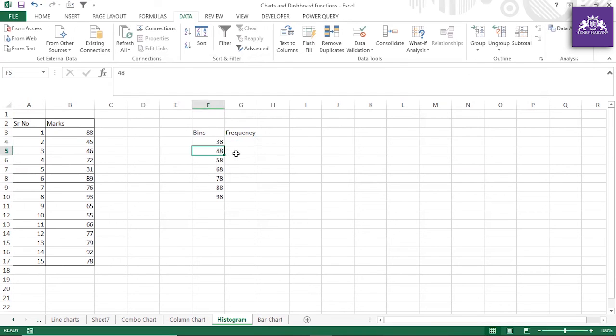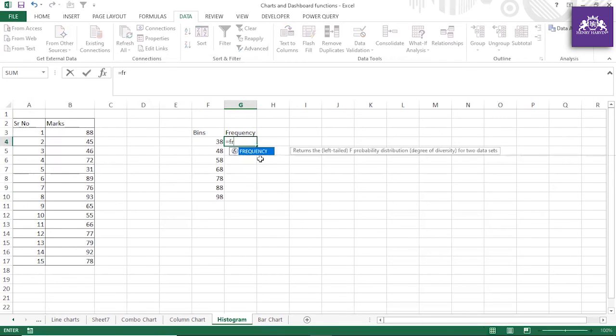This is actually called 48 to 57, and now you can see the difference. It will be kind of complicated if you extract something manually. So let me tell you in the formula how you can create frequency. There is a formula called FREQUENCY in Excel, which selects these marks and puts the data according to the bins. It assigns how many students fall in this specific range.